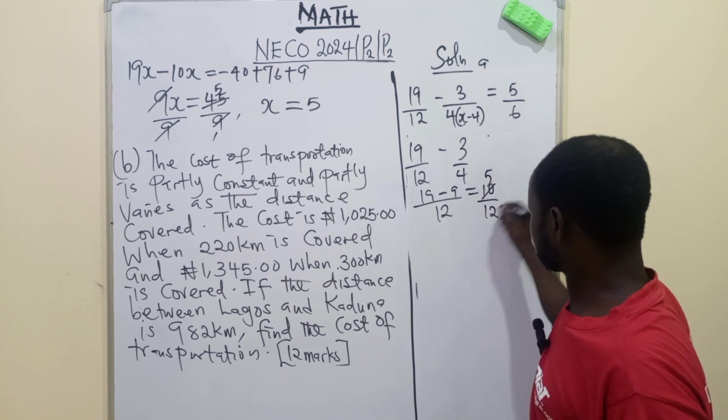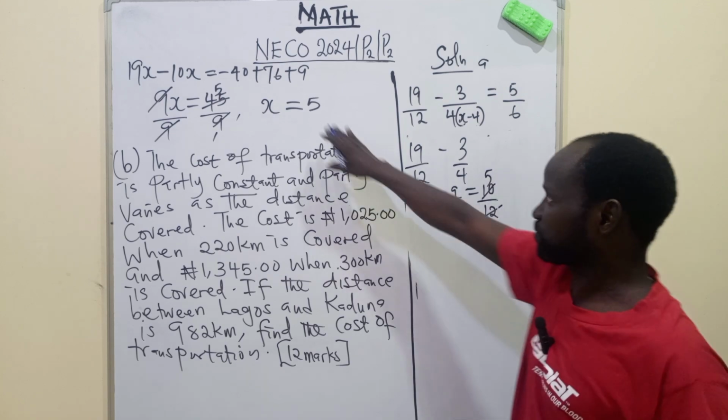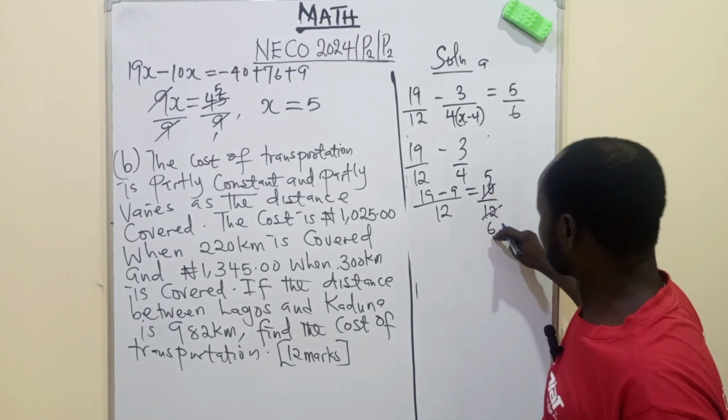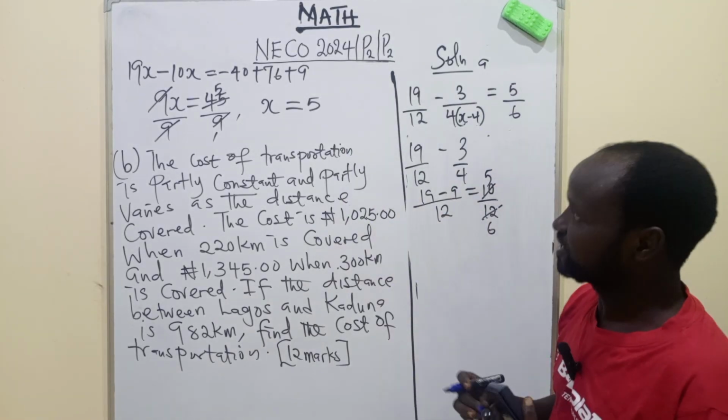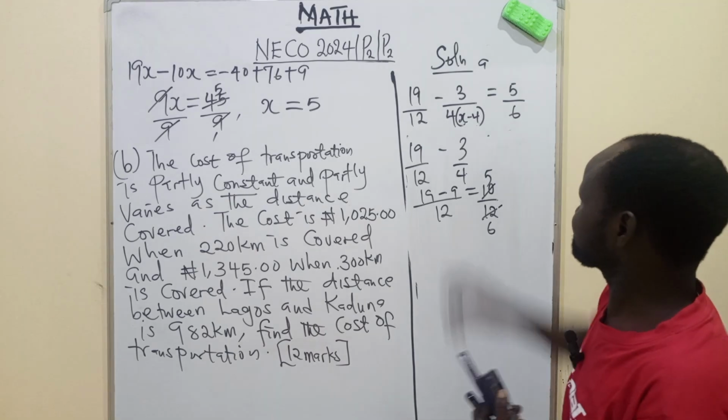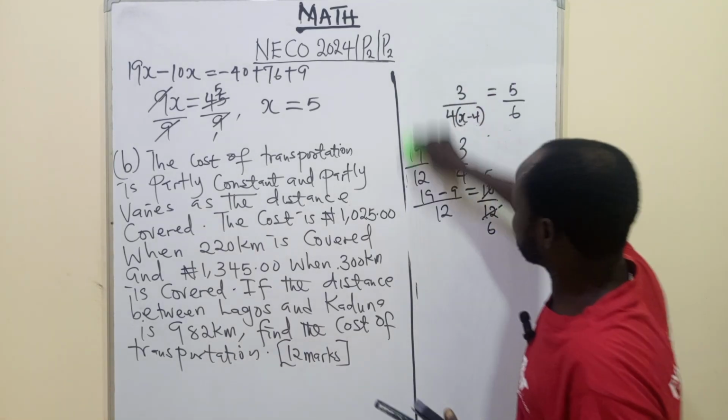2 here, 5, 2 here, 6. Truly, the value of x is 5. We're having 5 divided by 6 on the left, 5 divided by 6 on the right. Truly, the value of x is 5. This is how to check. But let's quickly move to